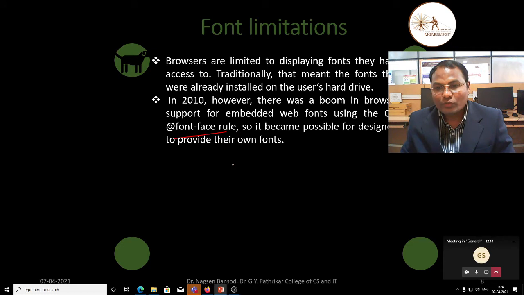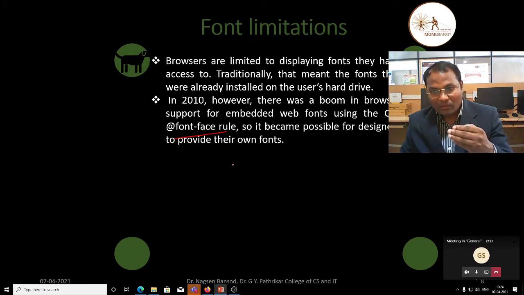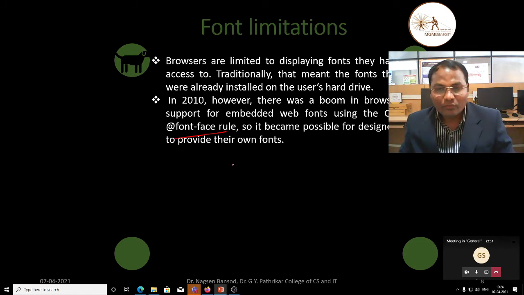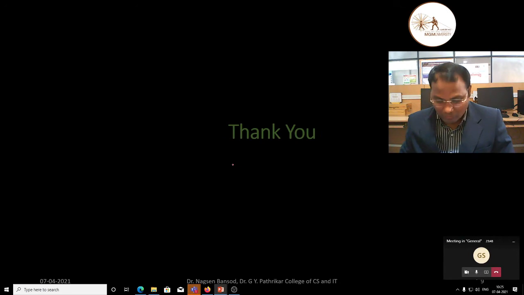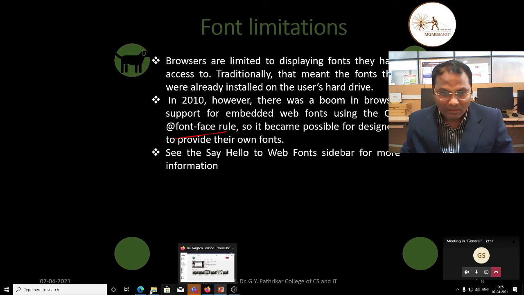So it became possible for designers to provide their own fonts. In 2010, people were keeping fonts on their hard disk and those fonts were embedded with the CSS, embedded with the web page, and that made it very easy to display their fonts in the user's browsers. See the sidebar Say Hello to Web Fonts. For more information, you can find one of the examples given here in this book.